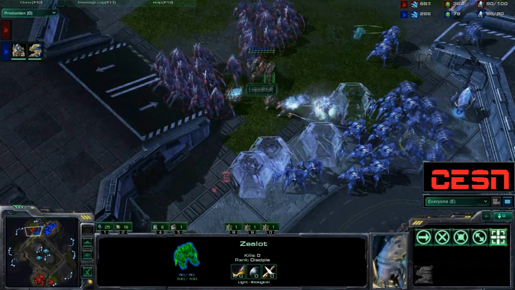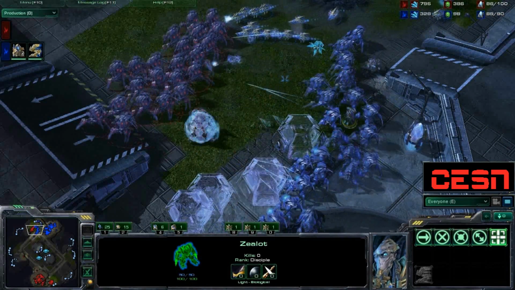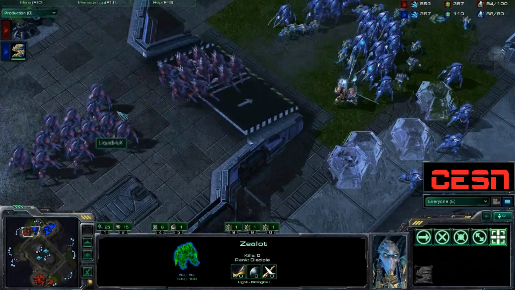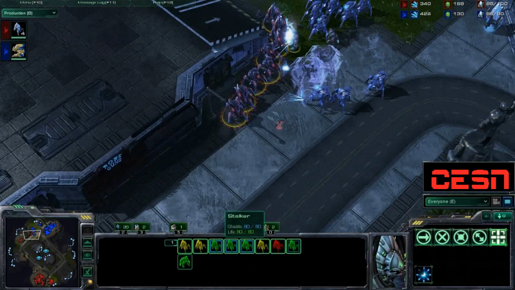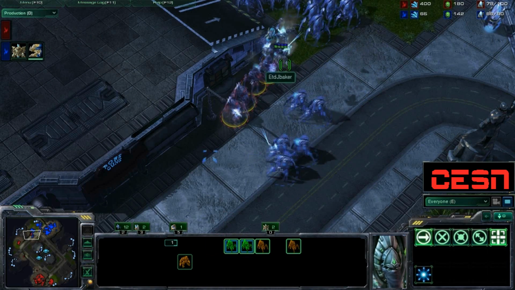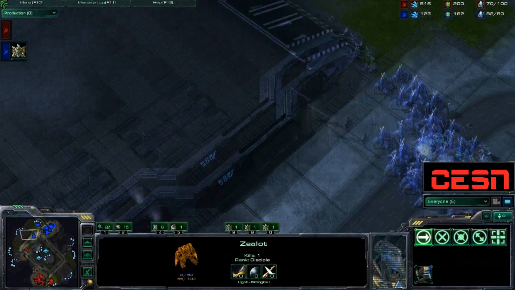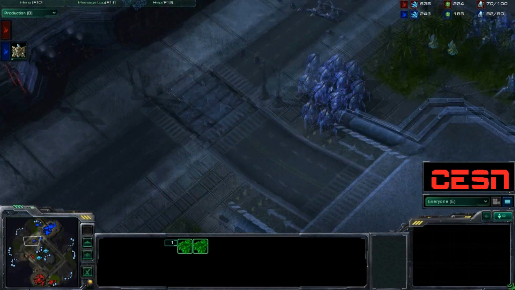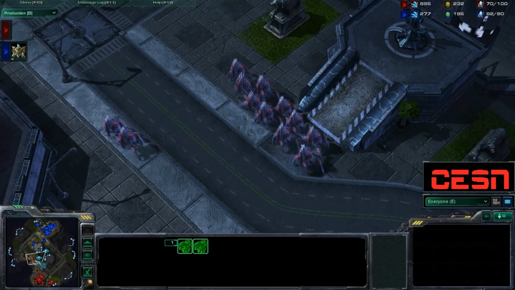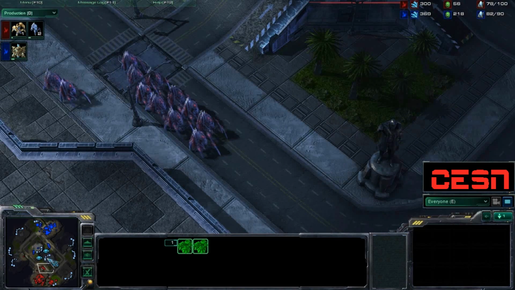He decides to fight instead. The force field is going down. Those look like they're coming from Huk, and Huk really sort of screwed himself over there. And oh boy, he loses his Immortal, loses his Stalkers. Pretty poor micro, actually. He could have just retreated out through this natural expansion, or not natural expansion, but through this mineral line over here, and decided to sort of split his forces instead. I don't know if he did that on purpose to make sure these got away or what, but he's definitely